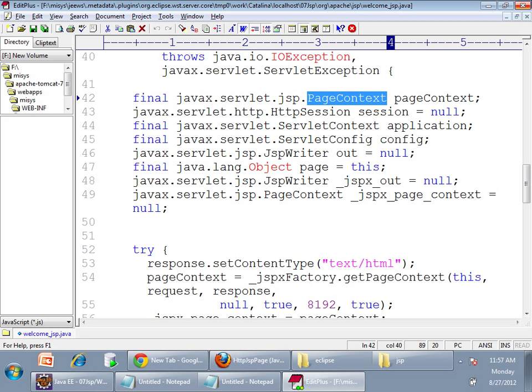Servlet context. The variable name is application. Is that it? Servlet config, you know. JSP writer, it is a subclass of print writer. Right? Page is pointing to this, the current object, servlet. This you can ignore. Underscore one is the internal things. These are not part of the standard. Right? Now coming back here,